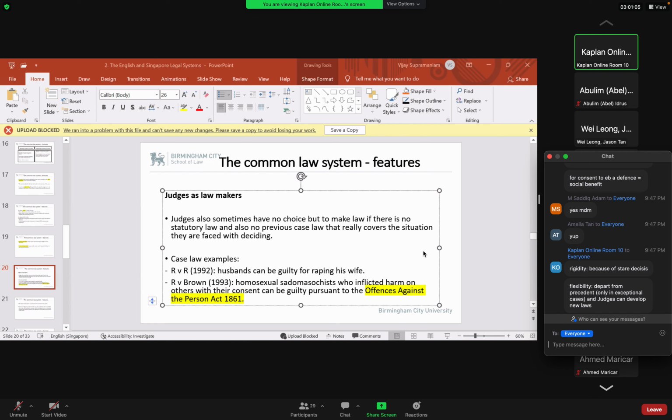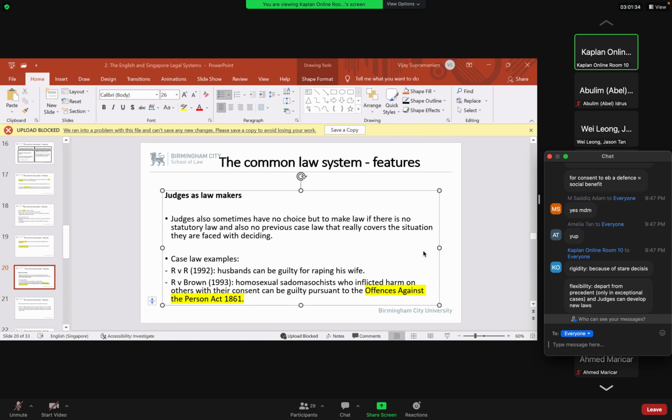And let me tell you the secret ingredient of the system here. The system has survived for centuries because of this rigidity and flexibility. If the system only gave you rigidity, it wouldn't have survived. If the system only gave you flexibility, we would have made changes to the system by now. It gives you both.